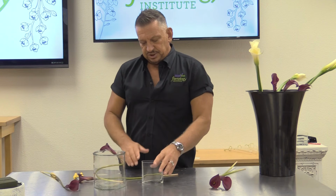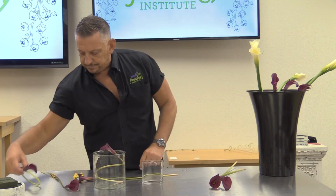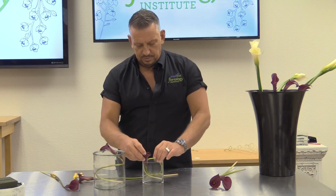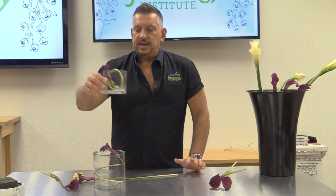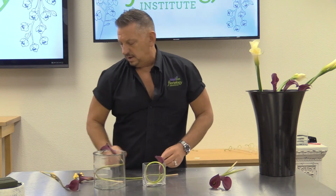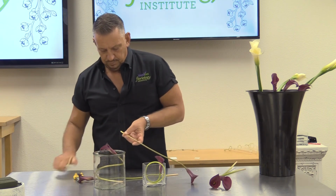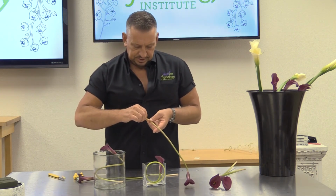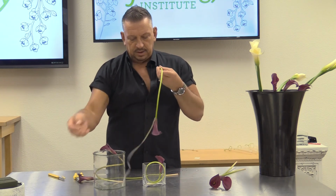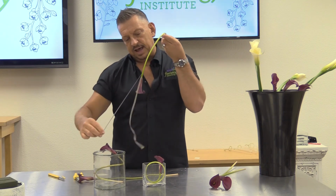One last suggestion: if I wanted to put a calla lily in here and have that beautiful curve, then I'm going to have to manipulate it a couple of more ways so that I can get a full circle like that. This is a little trick. Again, let it come to room temperature, and we're going to remove a few sections of the outer skin of that calla lily simply by pulling on it, and you can see how it already starts to have that natural